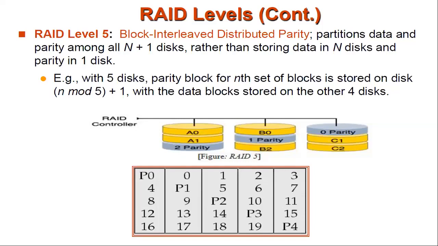That means you are storing the data in the form of block striping, and it is distributed across the disks. And then for error correction and other manipulations, you are using the parity values, block level parities. Those block level parities are saved in an interleaved fashion. Okay, so you're not saving them in the same place. Instead, you are saving the parity details across the disks in this manner.